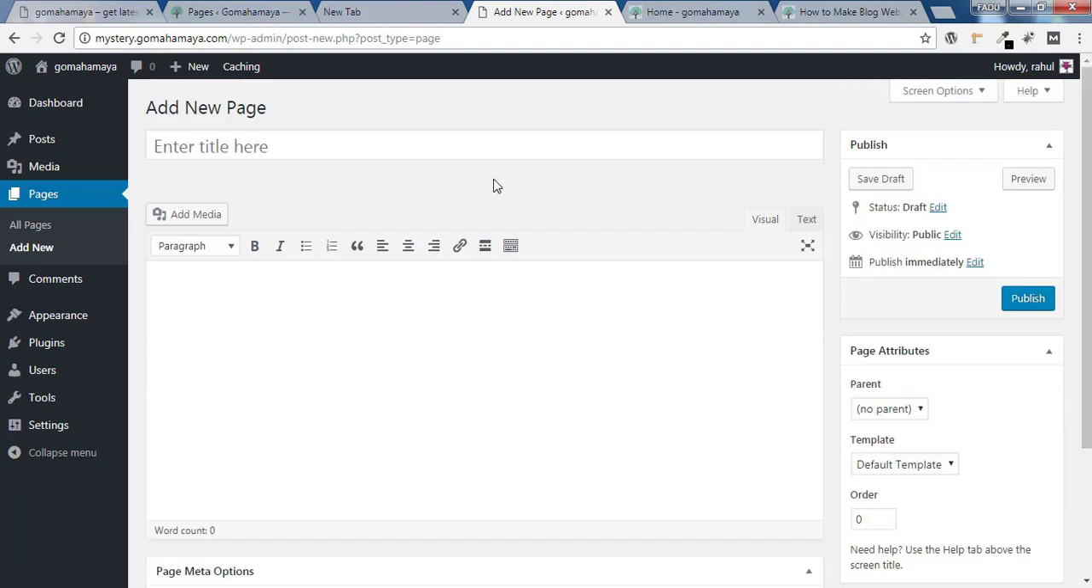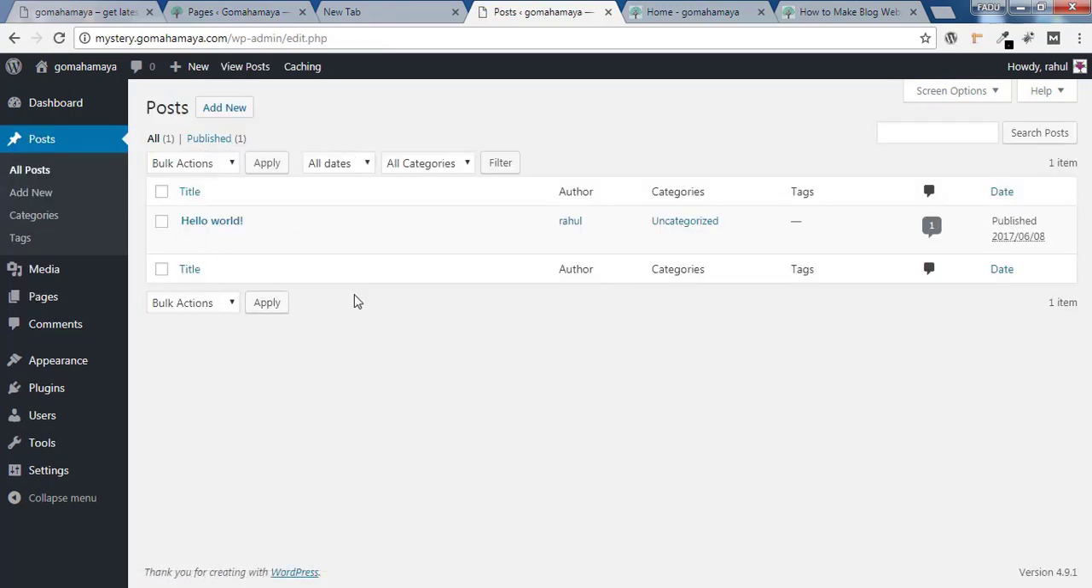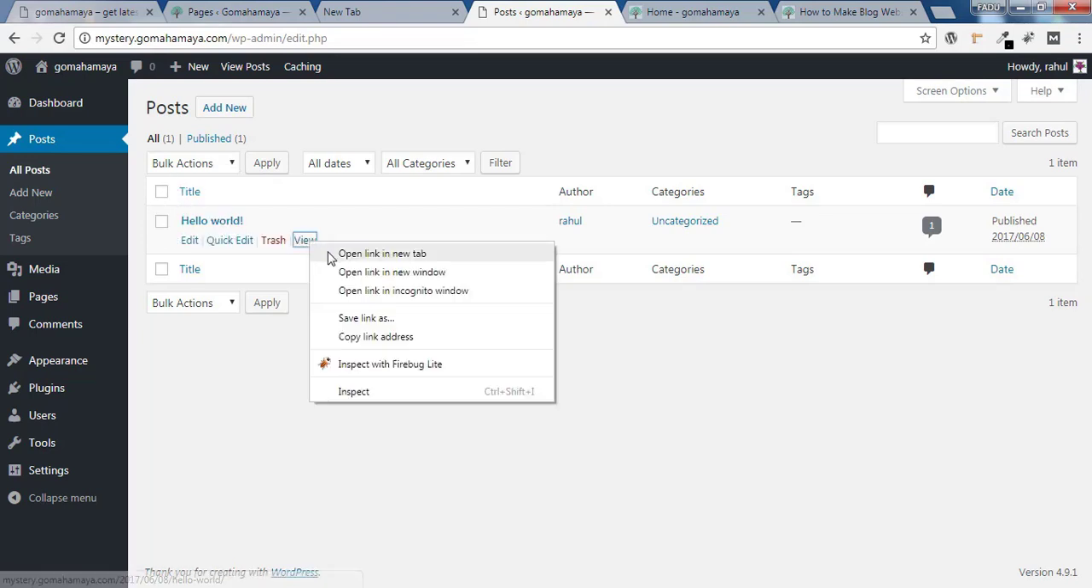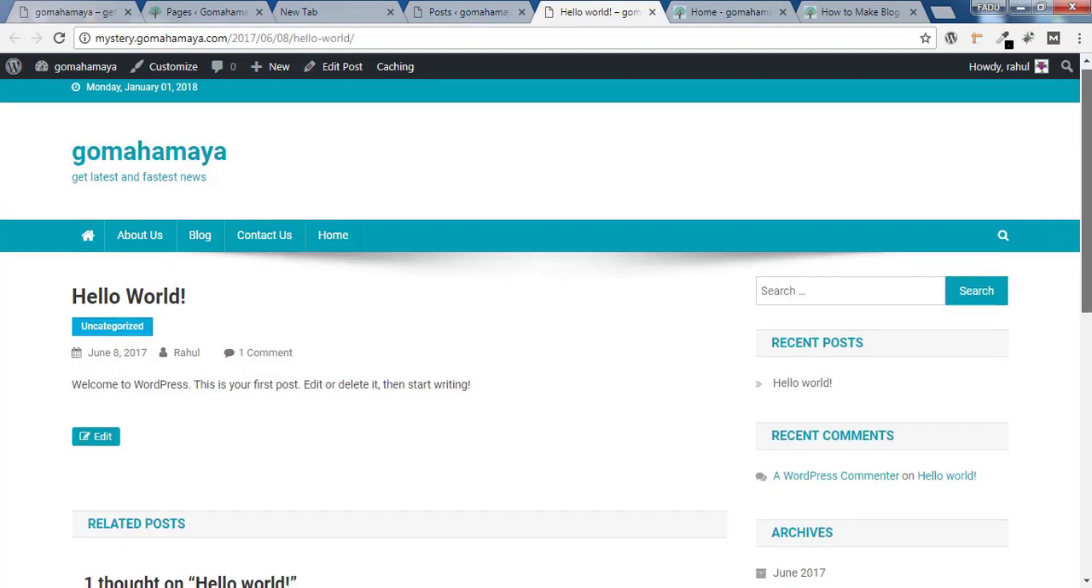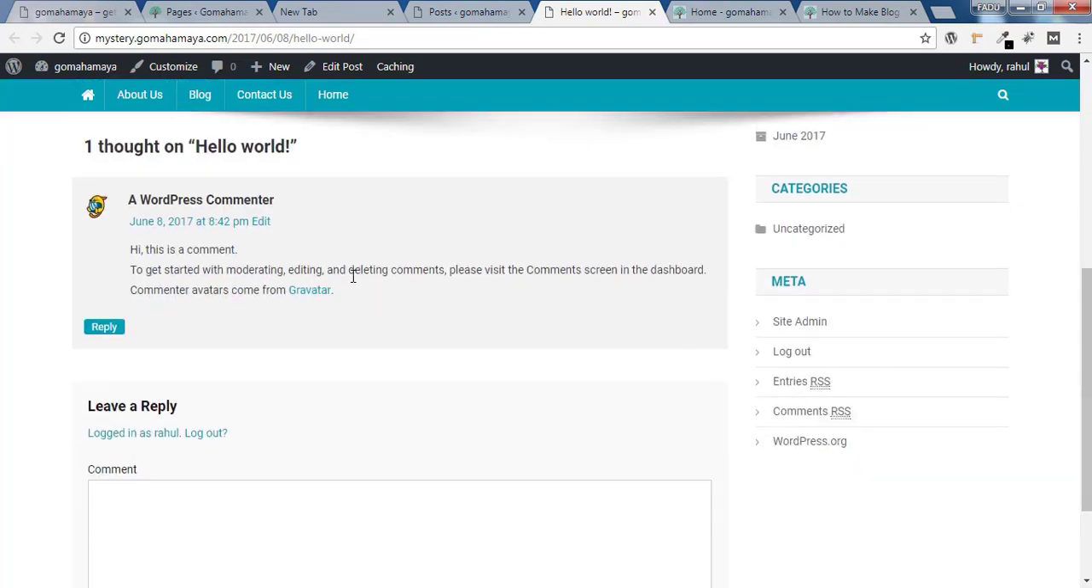And now we'll be creating posts inside our website. Hover over posts and click on add new, and whatever post you create will be inside the post options. Let's say we have one post already created. You can right click and say view, and you can see it says Welcome to WordPress. This is the first post, edit or delete it, and then start again. And there's a comment too. This is the comment made by